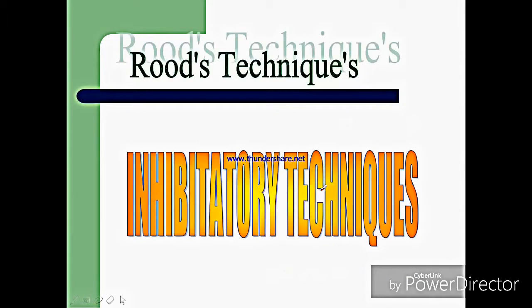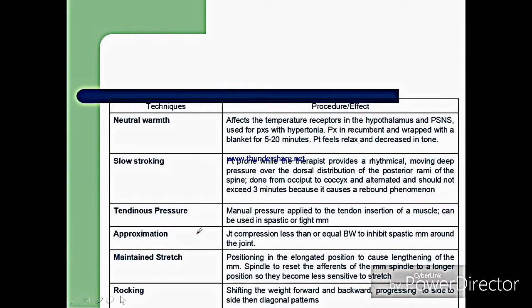Now I will list down the inhibitory techniques. I have already listed the inhibitory techniques. We start with the light joint compression, also called joint approximation, which is used to inhibit the spastic muscle. It is used to relieve shoulder pain and is very important in hemiplegic patients. The method is to grasp the patient's elbow and, while holding the humerus abducted to about 35 to 45 degrees, gently push the head of the humerus into the glenoid fossa and hold it there. The spastic muscle will relax.